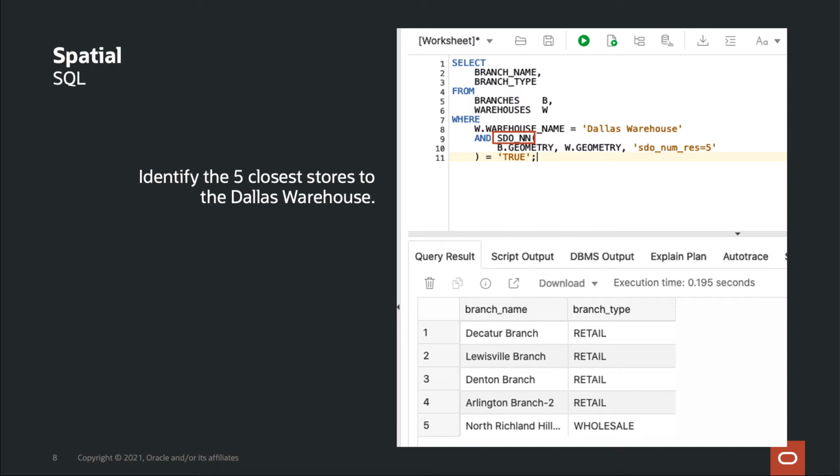So now we'll look at another example. This time, instead of dealing with containment, this one deals with proximity. So again, we have the same branches table that has information about store locations, and also this time we have a table called warehouses, which has information and locations of warehouses that presumably serve these store locations. So in this case, the question we want to answer is, which are the 5 closest stores to a particular warehouse? And you can see that the spatial operator we're using this time, circled in red, is something called